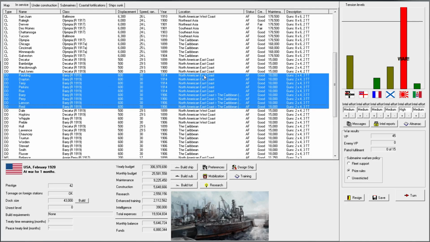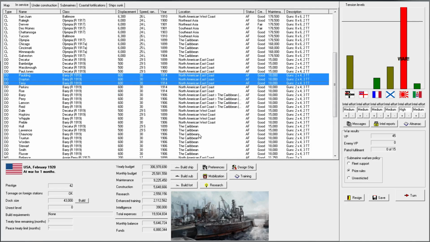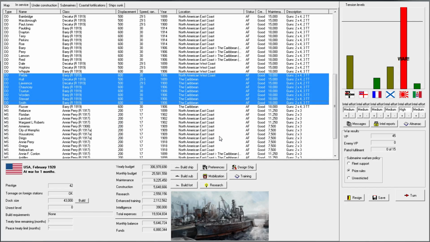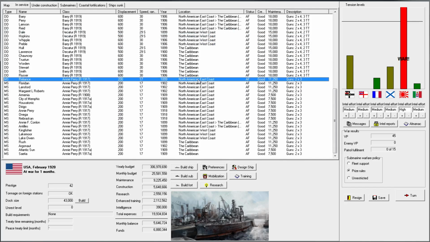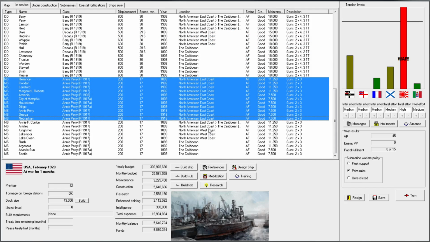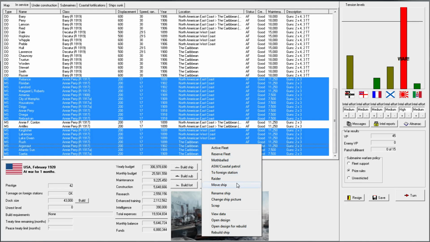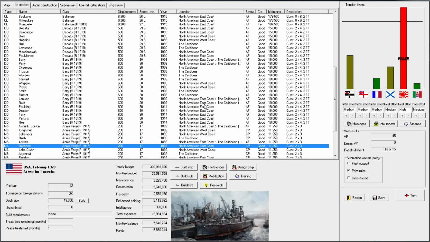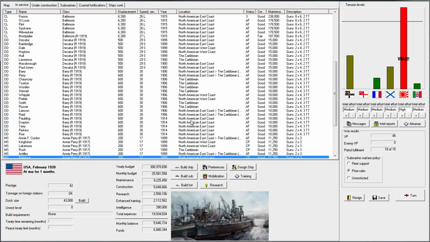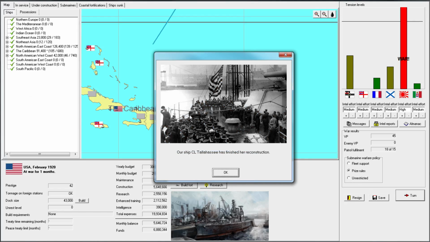lots of them on the East Coast. Well, we're going to need some in the Caribbean. Looks like we have plenty in the Caribbean. Are we lacking ships in any way? Yeah, so we're lacking a few here. Let's go ahead and set these guys all to anti-submarine warfare anyways, though. How many is this? 18. Yeah, that's about as many as I want for anti-submarine warfare. Okay, good. So I think we'll just hit next turn and hope that everything